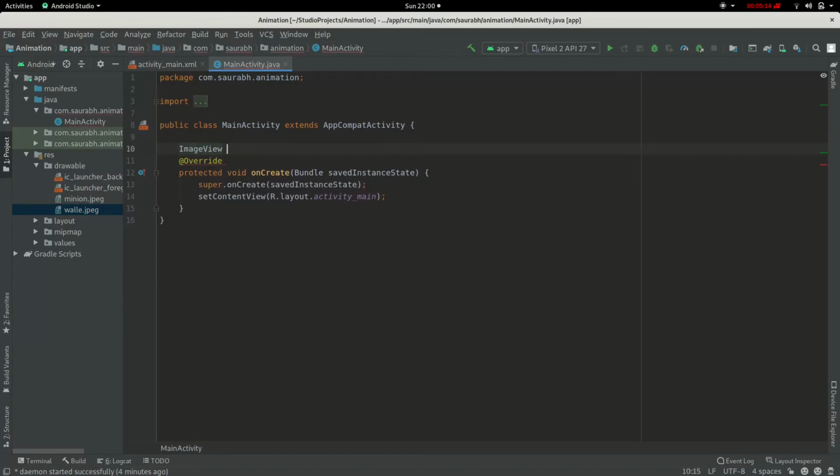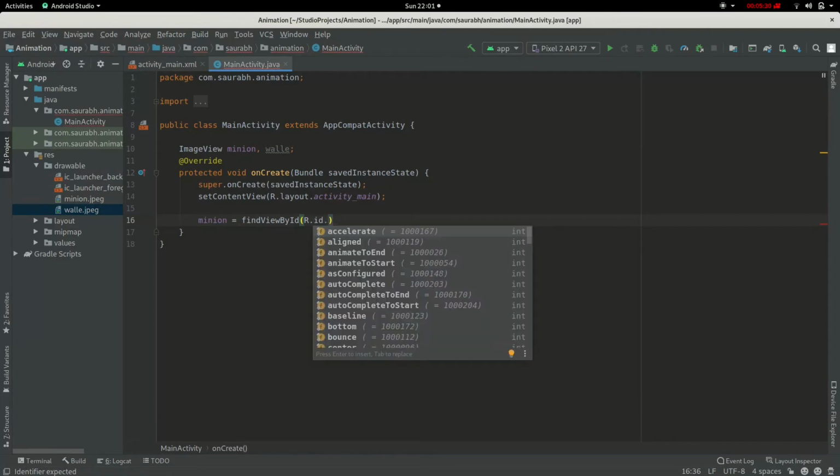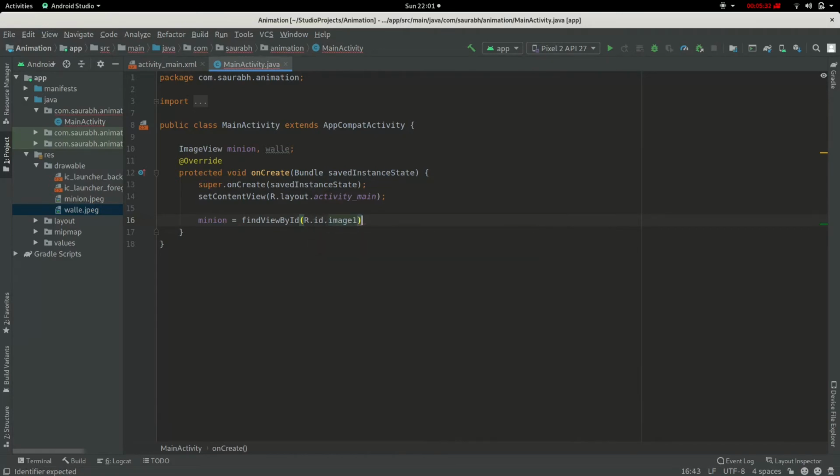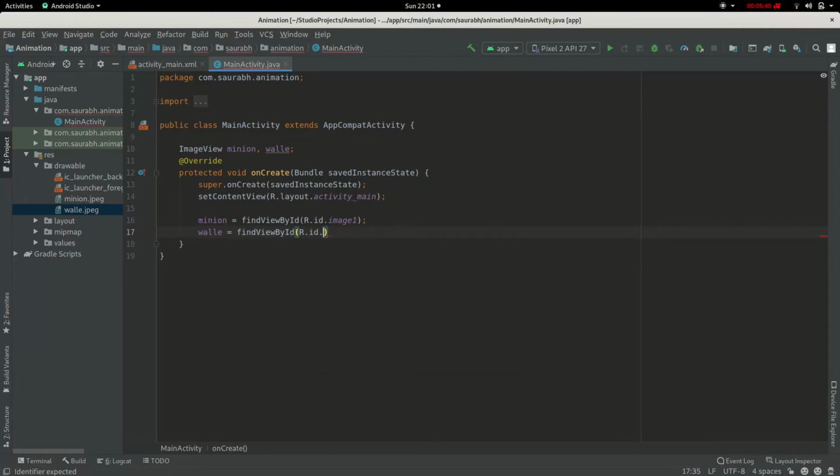So ImageView, we will say Minion and Wally. So we need to bind them with the ID, so sorry, R.id.image1, and similarly for Wally we will do the same.